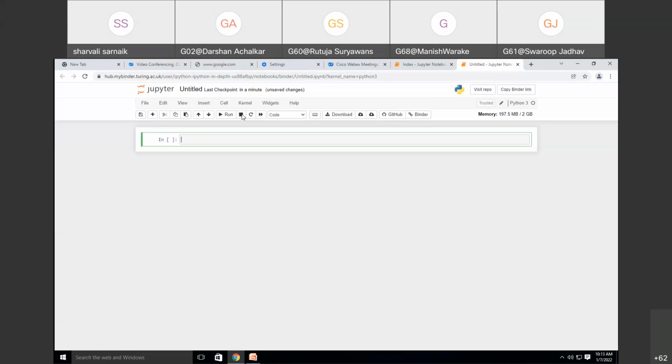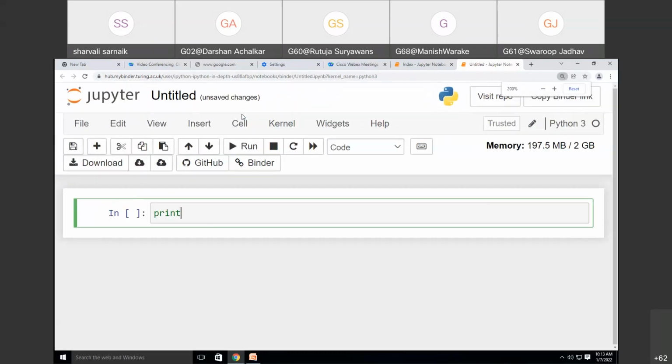So in the first line, I will write print, and an opening and closing bracket. Now, inside this opening and closing bracket, I will write double quotes.